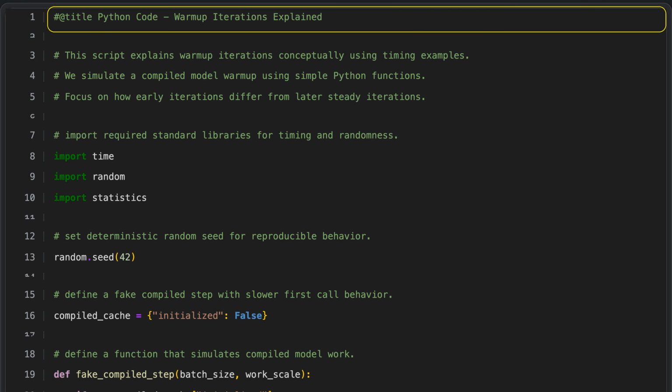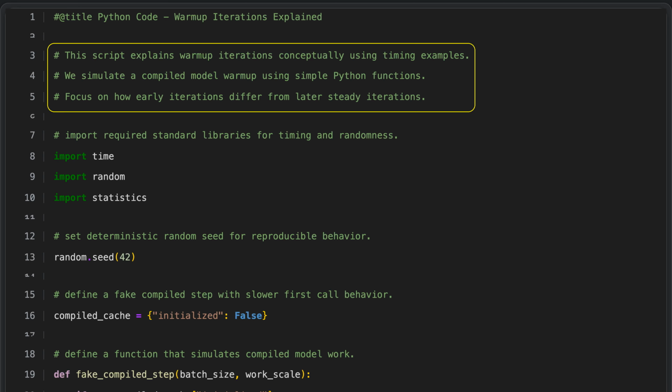Python code. Warm-up iterations explained. This script introduces the idea of warm-up iterations by looking at how timing behaves across repeated runs. It uses simple Python functions to mimic how a compiled model needs a few initial runs to get up to speed. The key point is that early iterations often take longer or behave differently, while later iterations settle into a steady, more consistent pattern. By comparing these early and steady phases, the script helps you understand why warm-up is important